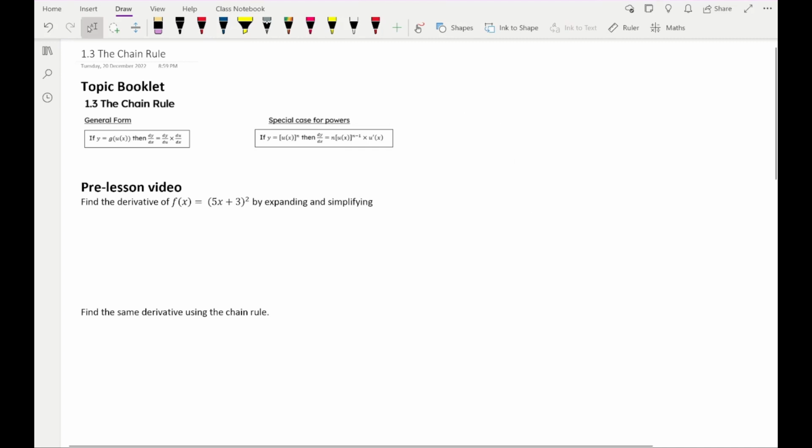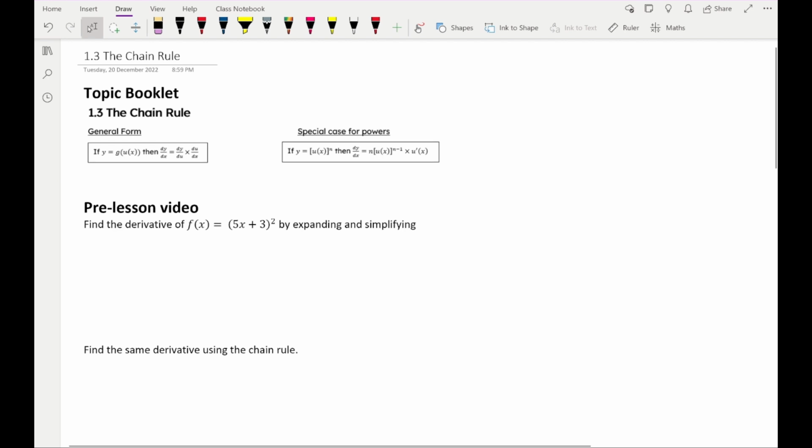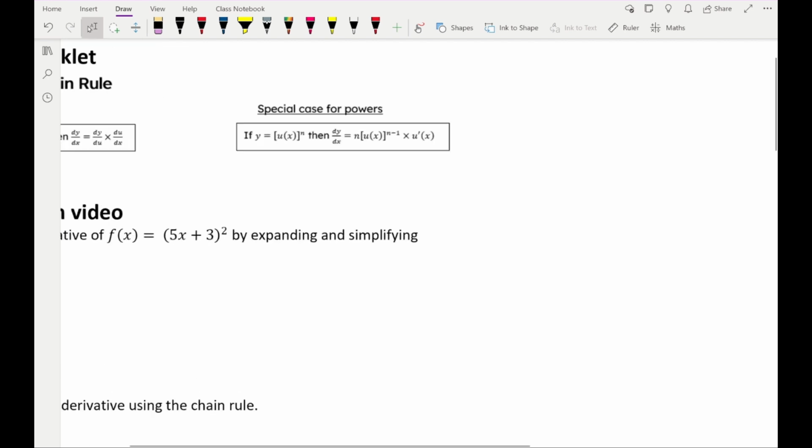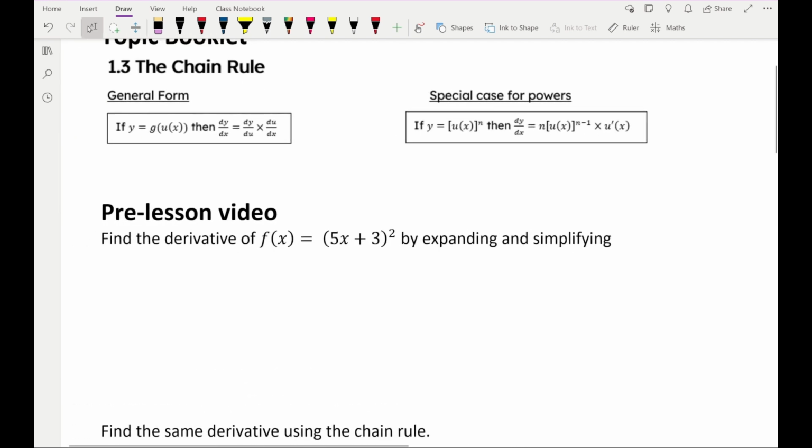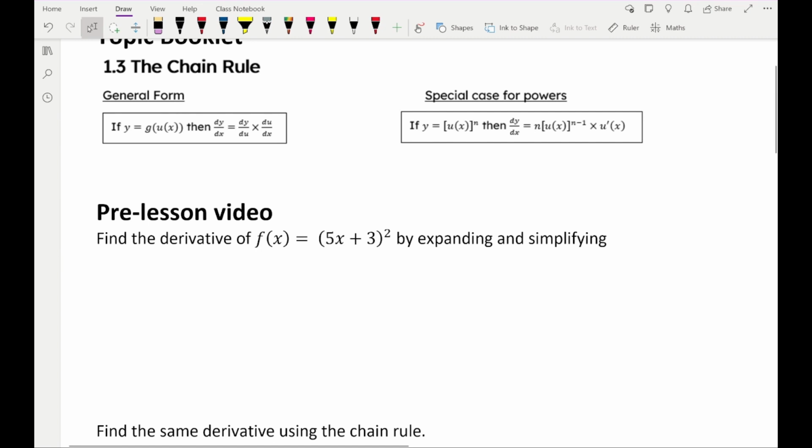In this video, we'll learn about the chain rule. Now, the chain rule can be really tricky to write down, but it's best understood through doing a few examples. Basically, what it lets us do is differentiate composite functions. And what composite functions normally look like is, well, we start off with a normal function like this, and